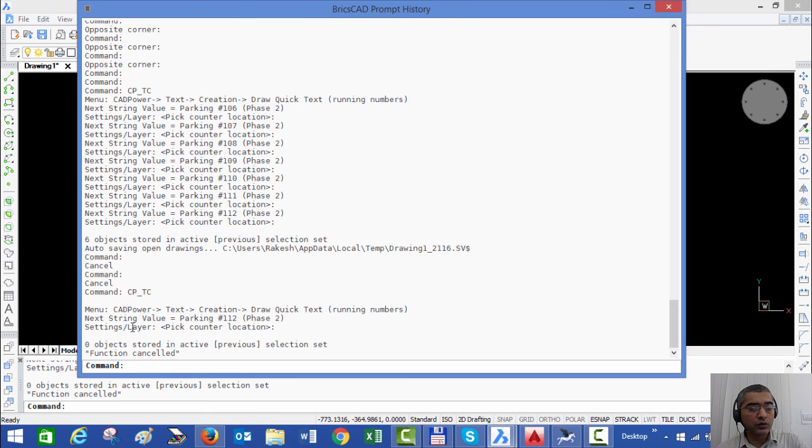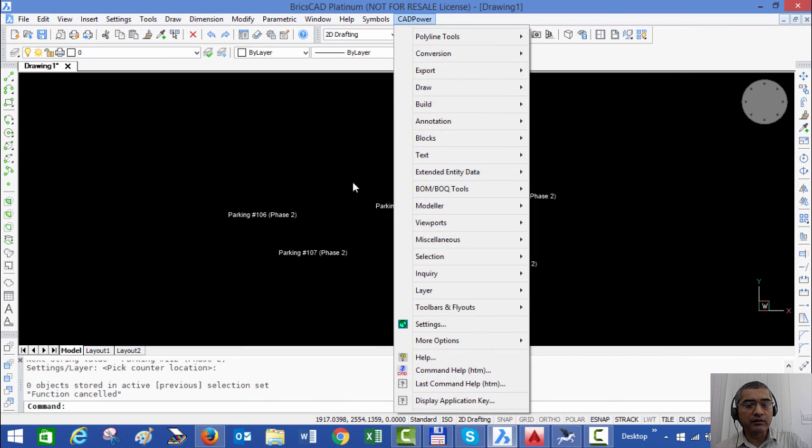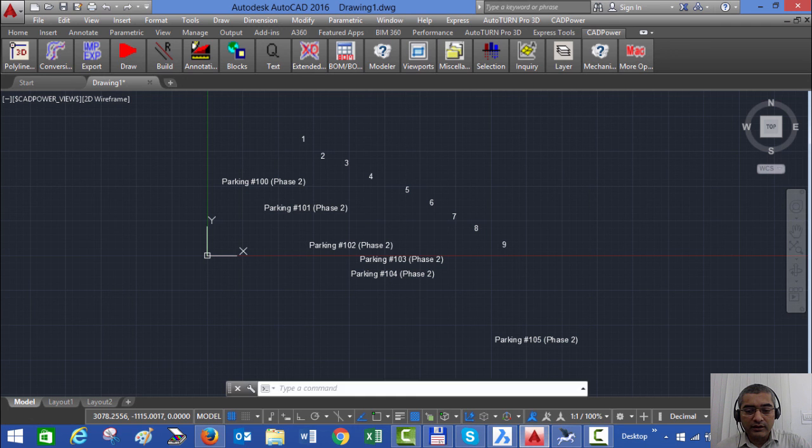So whether you are comfortable using the command line or whether you want to use from the menu, all the CADPower tools can be accessed very easily. Quite often we find that power users map this command line to a macro or to a custom ribbon or a toolbar, so that it becomes easy for them to access it. Needless to say, the same thing applies here as well. So in AutoCAD also you can type the same commands and get the same